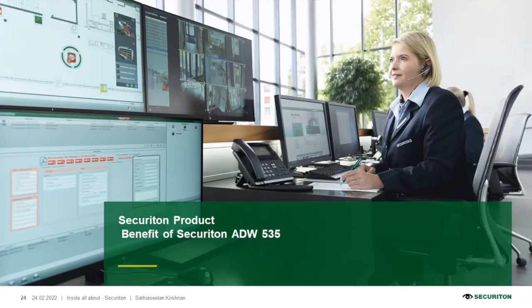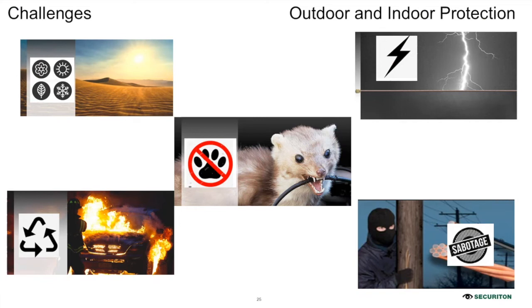Now for that, the best thing, as I mentioned, is our ADW 535. I'll give you some of the key components that make our ADWs the best solution in terms of detection. As you can see, this is the outdoor, I think an external floating roof tank, and the challenges are quite bizarre because there are many changes in terms of seasons. For example, there are four-season countries in Europe and some other countries as well, with four different climates and temperature ranges around the year, and this can be a challenging condition to look into. And during the winter,